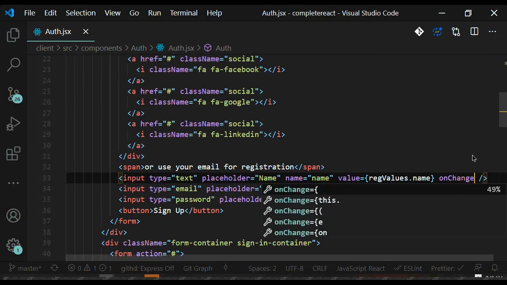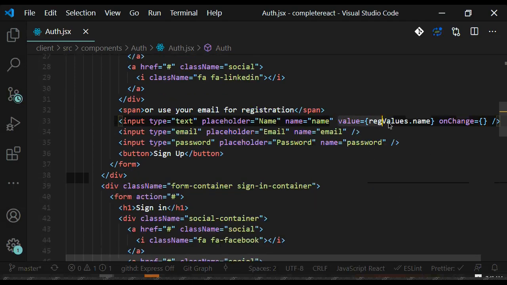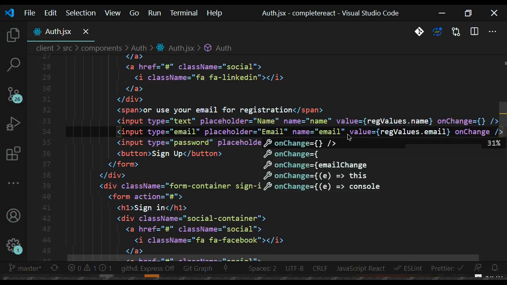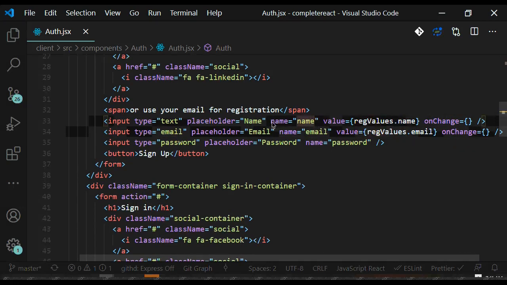So another thing we need is onChange. Okay, so these two things are needed. Same thing for this second line: I need value equal to registerValue.email, and then I need onChange. These two are compulsory. You cannot keep only value or only onChange. So this combination of two is a must. But name is needed to update the register value. So these three things are compulsory. Okay, and for the last one also, value equal to